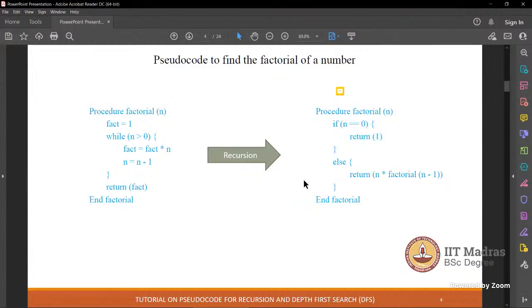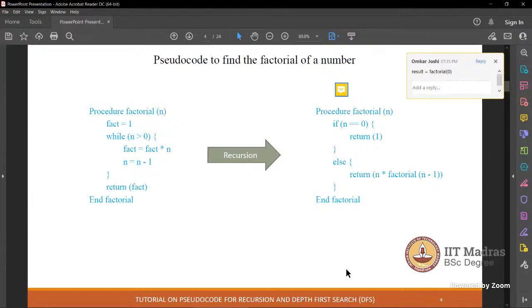For 5 factorial, we were doing the else return n into factorial n minus 1. As long as the n value turns equal to 0, we return 1. But at that moment of time, we need the answer of n factorial. So how come we get that n factorial, because we are returning the integer 1? Correct. I know that's the part which I'm going to explain now, in the next 2 to 3 minutes.